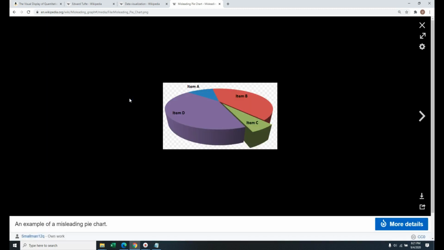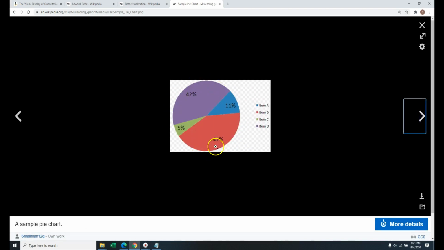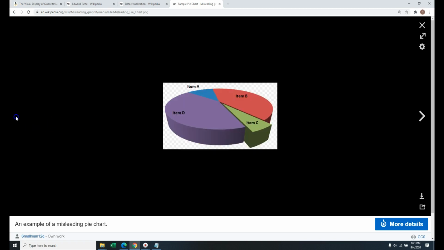Now let's take a look. The first pie chart is a 3D chart, and then the next one is a 2D chart. And on the next one, we actually have the percentages. Now let's take a look at the purple and the red. You see 42%. So they have the same size. But if you go back to the 3D and we look at the red and the purple, it looks like it's bigger. And that's the perspective, the 3D perspective that can distort.